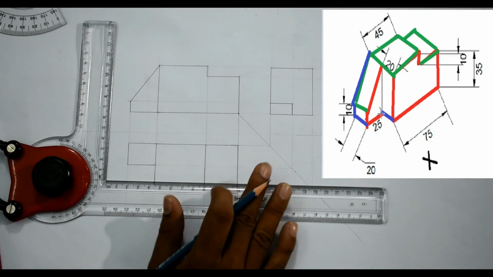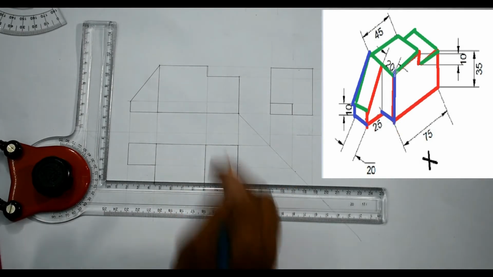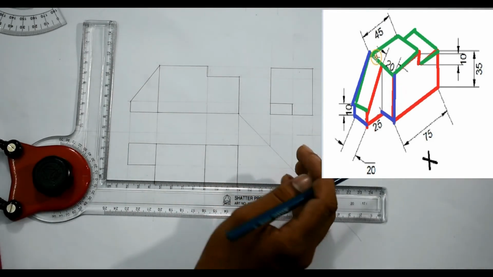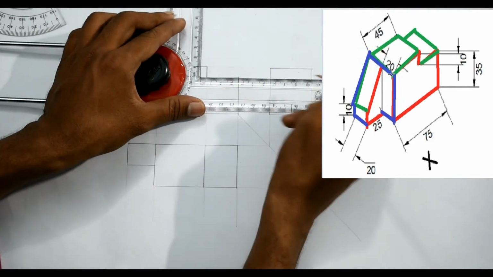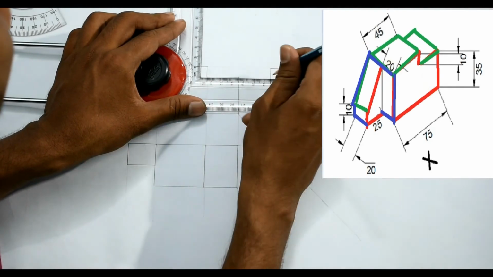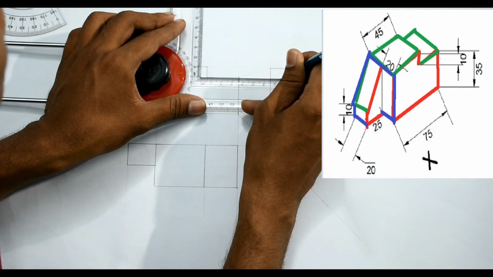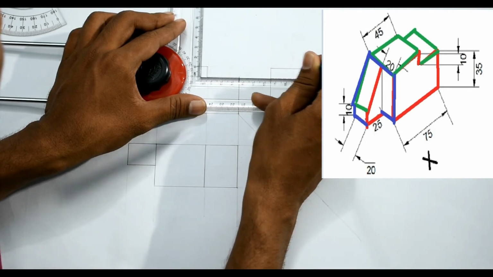Also you can see that on the back side, this portion is not visible from the left hand side. So we need to draw dotted lines here. These are also called hidden lines, which indicate that there is some hollow portion behind this view.